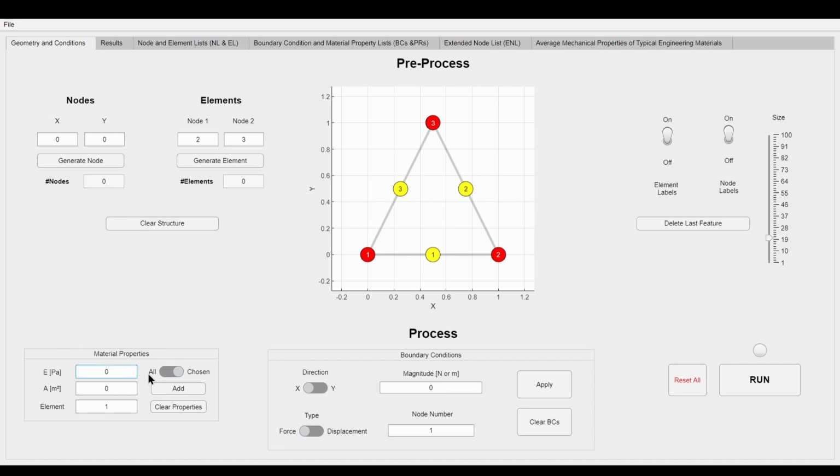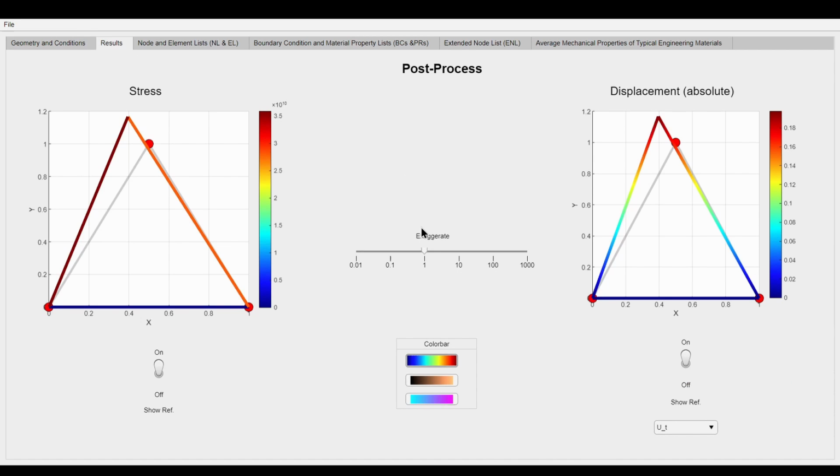We set the example up with cast iron of 0.1 meter squared area and steel with 0.15 meter squared area. We apply a large force so that we can see some more deformations. Also, even after applying all the boundary conditions, we can still change the size of these indicators. Here are the results and their